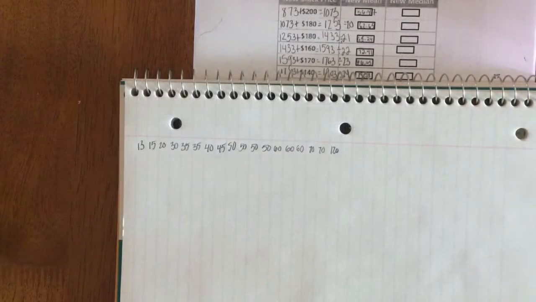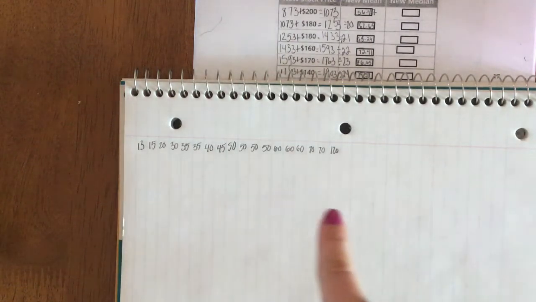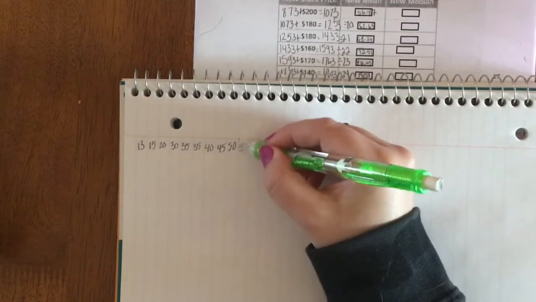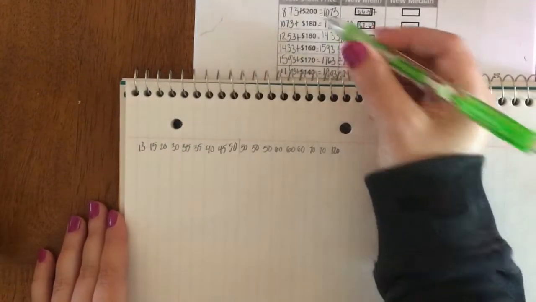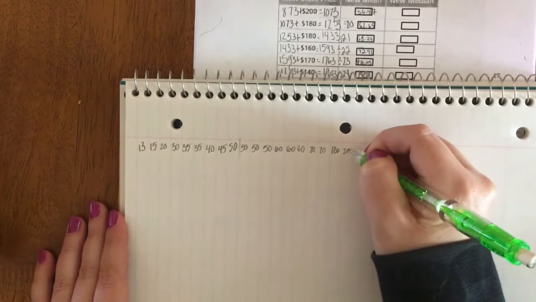All right, so I actually went ahead and put this on a separate sheet of paper just because I wanted a little bit more room. So before, whenever we did this, our median was in between here. Okay, that was the 18 data values. We needed 9 on either side. Now what we're gonna do is add this 200. So if I put 200 here,